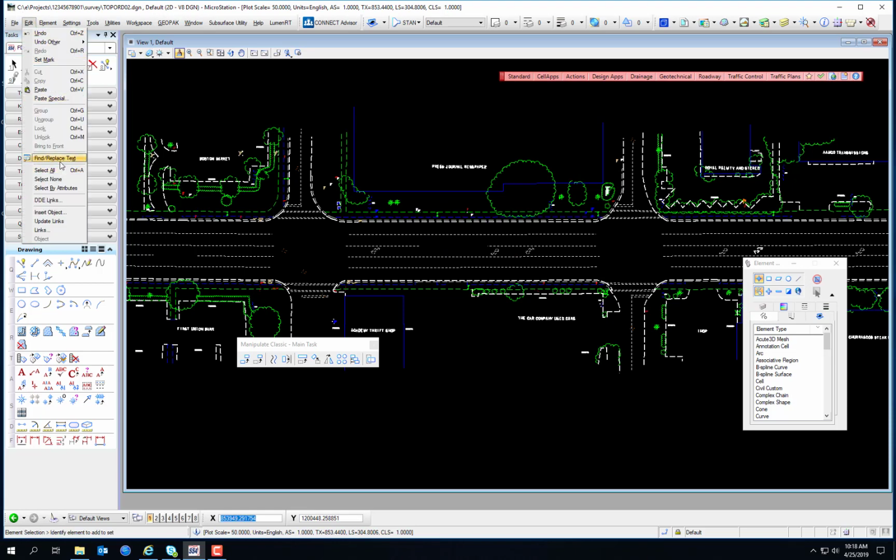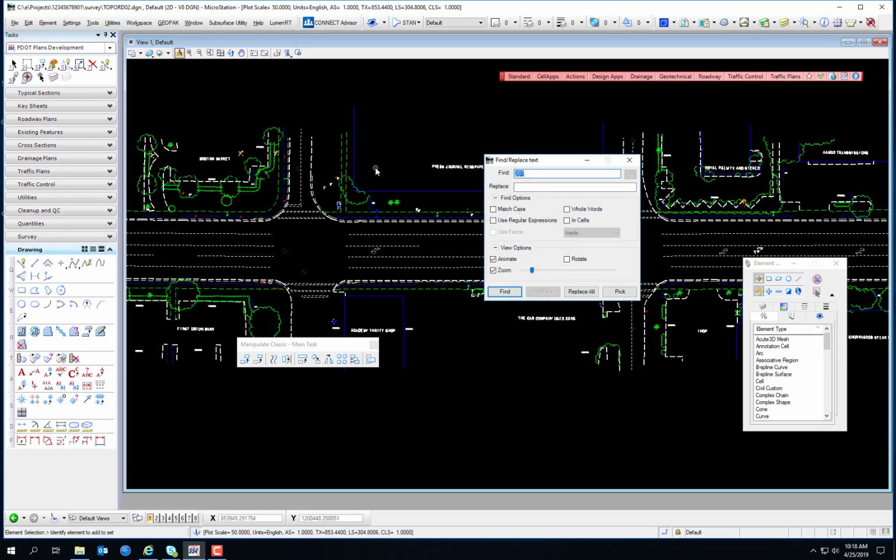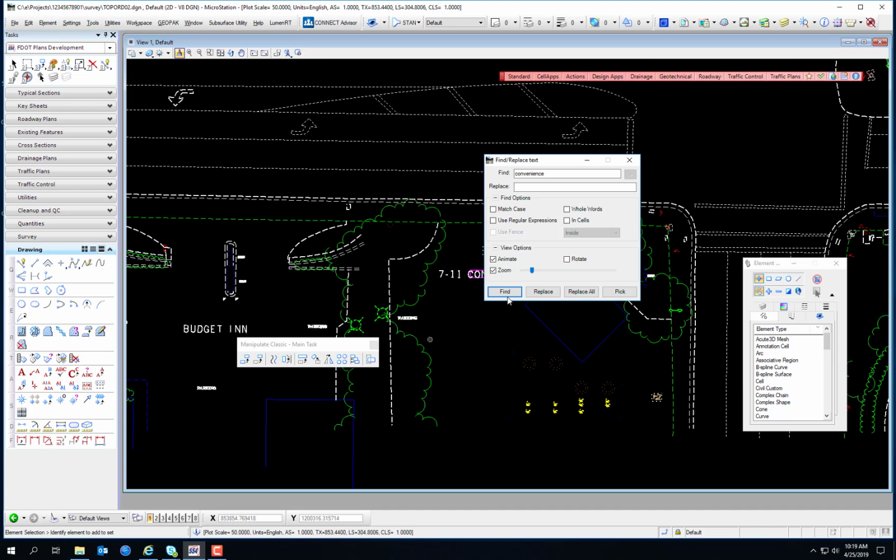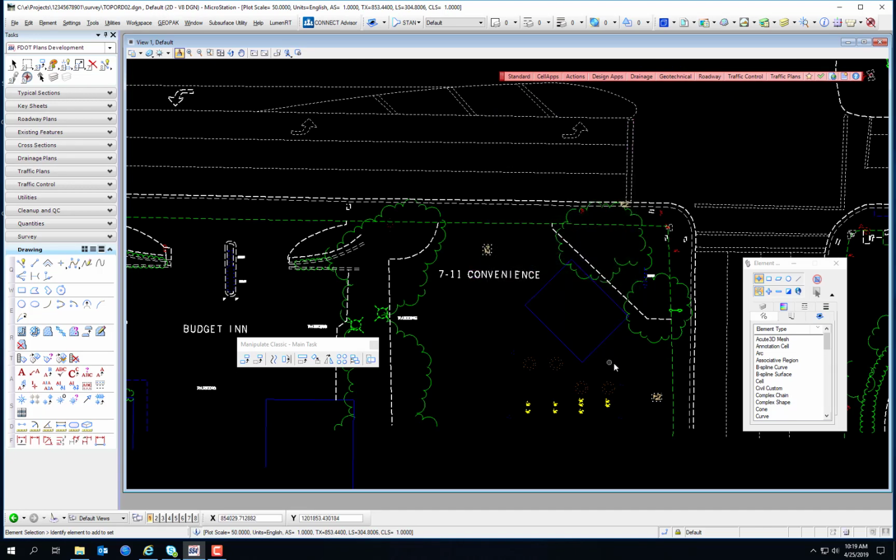Let's go to Edit, Find and Replace, type in convenience, and hit Find. Alright, that was easy enough. There we are. We are right here at the 7-Eleven convenience store. There's a few things that I think are going to kind of get in the way of us working, so what I'd like to do is